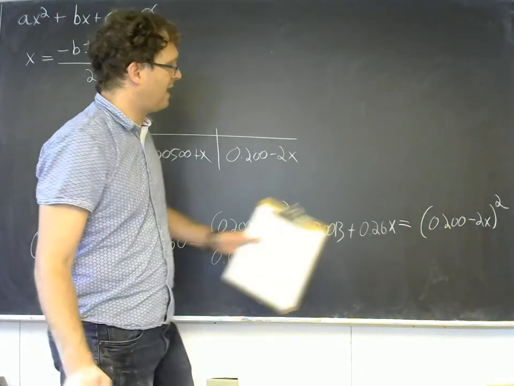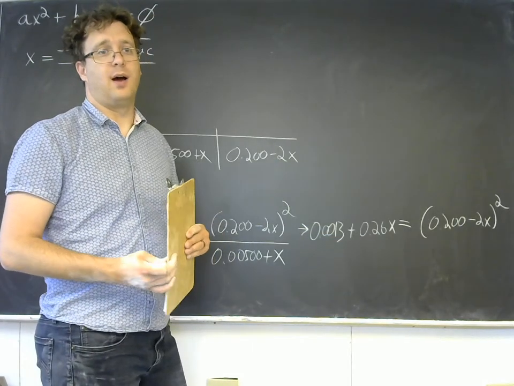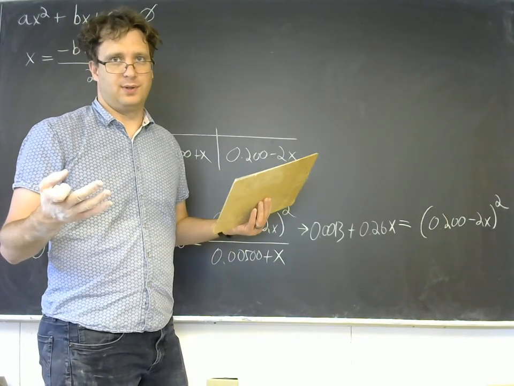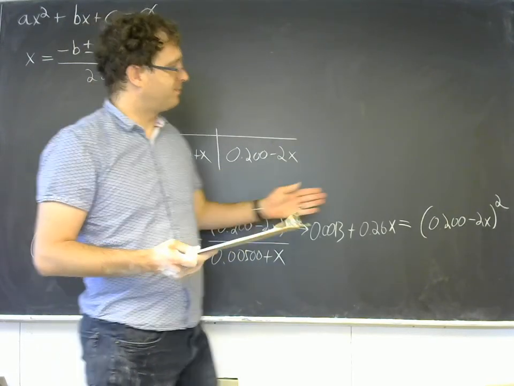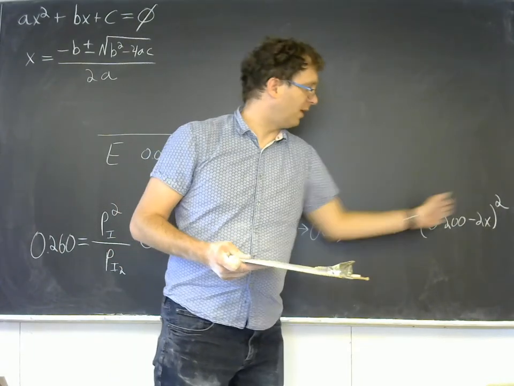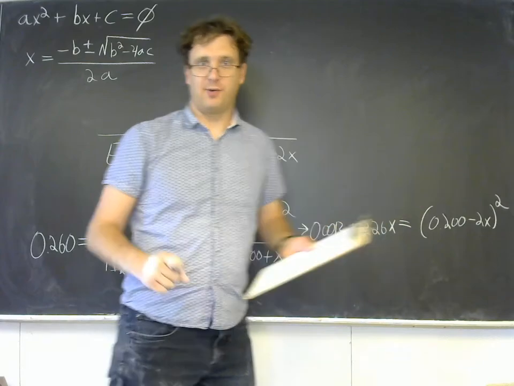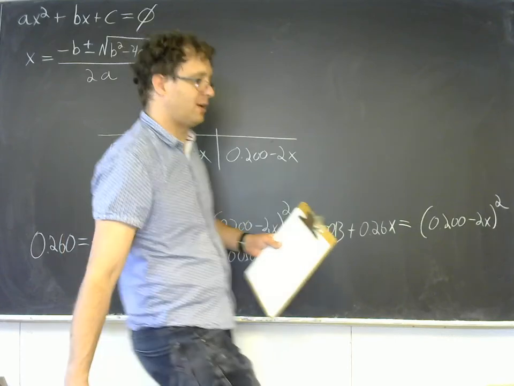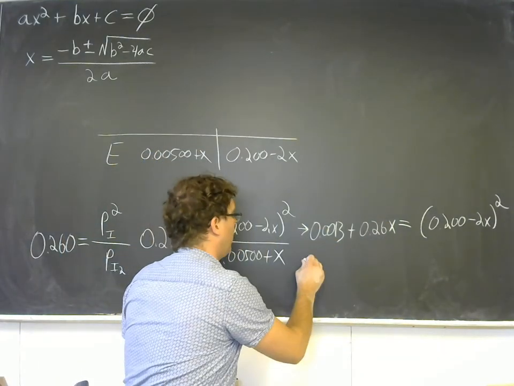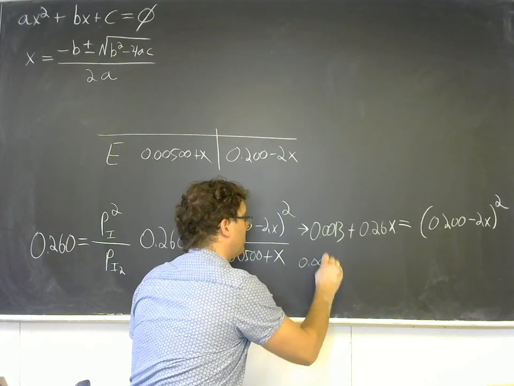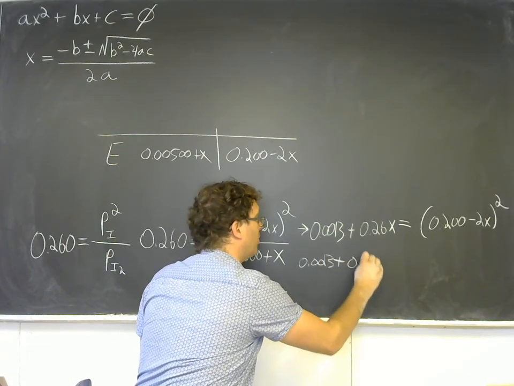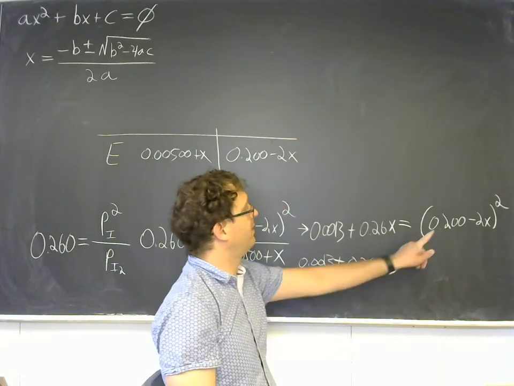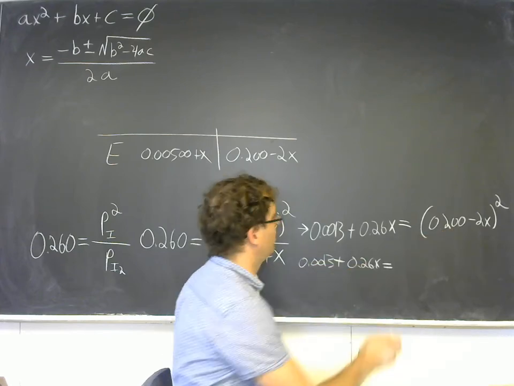And now let's square the right side, and we'll have to FOIL this, which is a term for how you square a binomial like this. I'm not going to go into that. If you need to learn how to square a binomial, I'm sure you can find some videos on YouTube or something. But we'll end up with the same thing on the left side, 0.0013 plus 0.26x. And then we'll have 0.2 squared, which is going to be